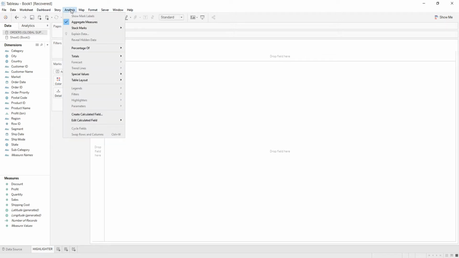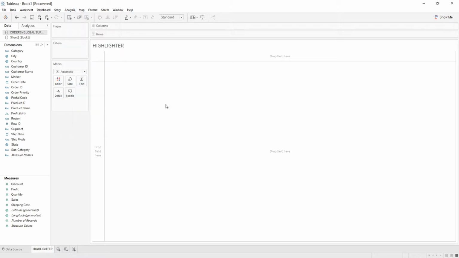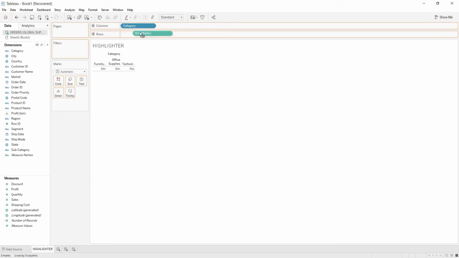So while going over to Analysis tab, we can see there is a highlighter option. But this is faded here as we haven't created any type of visualization over the view. So first of all, we need to create a visualization and then we'll be telling you how highlighters will be working. For easy understanding of a highlighter, first of all, I am trying to create a simple visualization and later on we'll be moving over to the complex type of analysis where visualization will be showing you the output in easy manner. I'll be keeping category over columns and sum sales over rows.